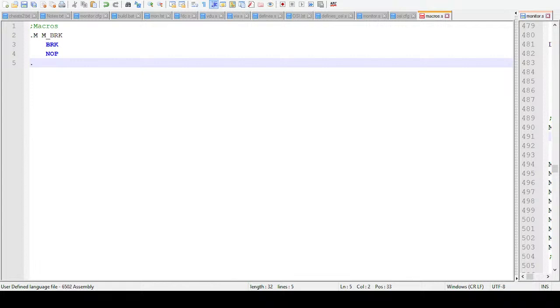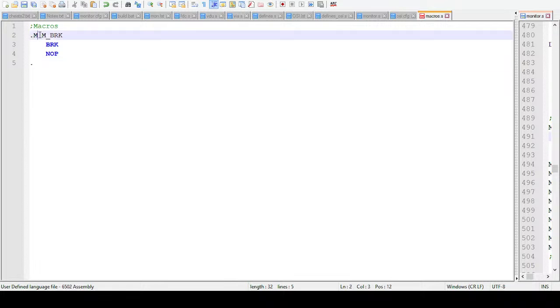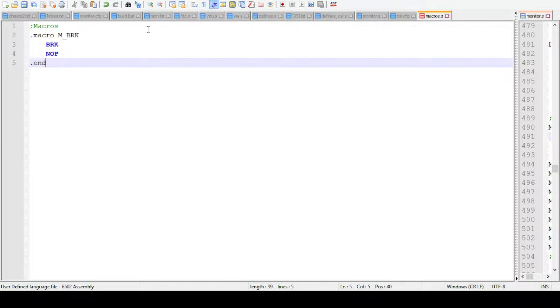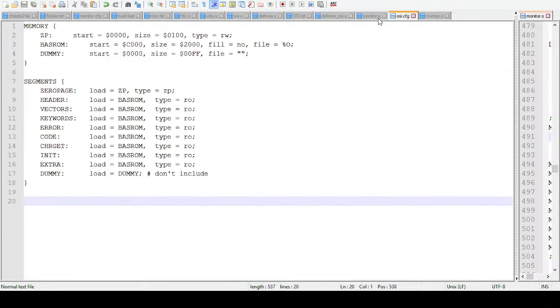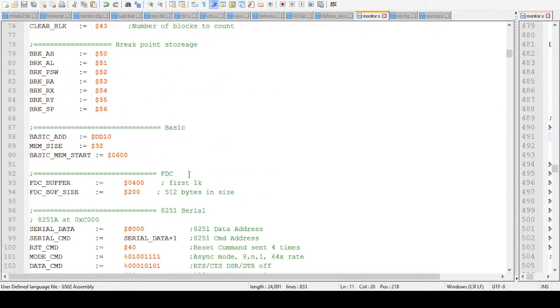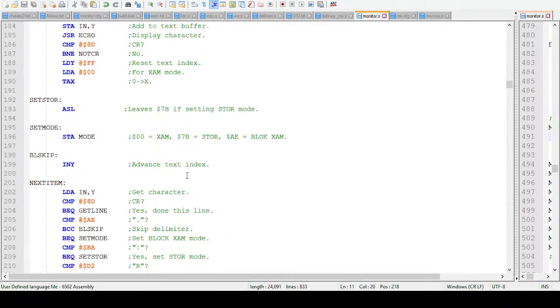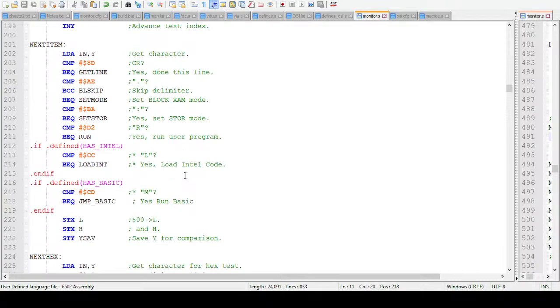We can do lowercase macro or just, question is, where did that name come from? Okay, so we can compile that. Cool, it has compiled, and then we can just add the macro to where we want to have a break, and